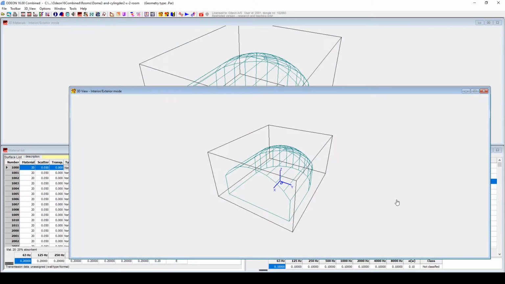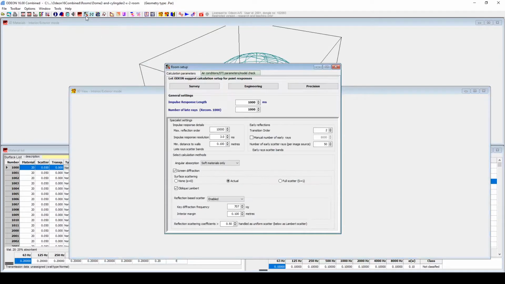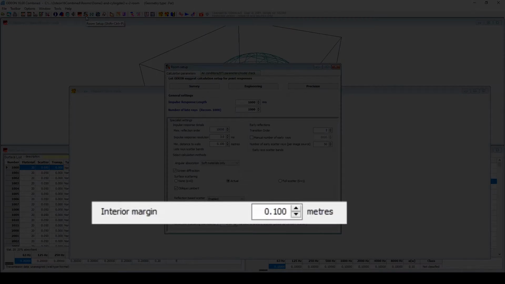We can change the interior margin by going to the room setup. As an example, we can look at the effect of changing this parameter to an unrealistically large value. Let's try 3 meters.